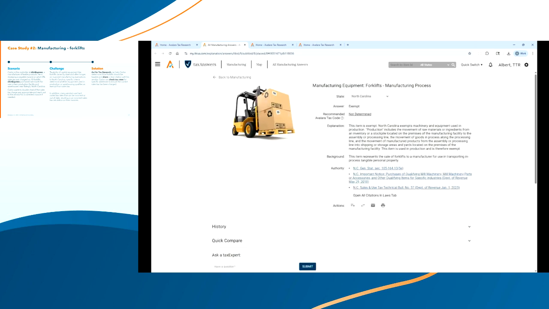And so this is a circumstance where Carlos would probably inquire and make sure he understood where those forklifts were going to be used in his business now that he knows that there's a special rule around this. So let's say he identifies that half of those forklifts, 5 of them are going to be used in the production area, and 5 of them are actually going over to the warehouse.